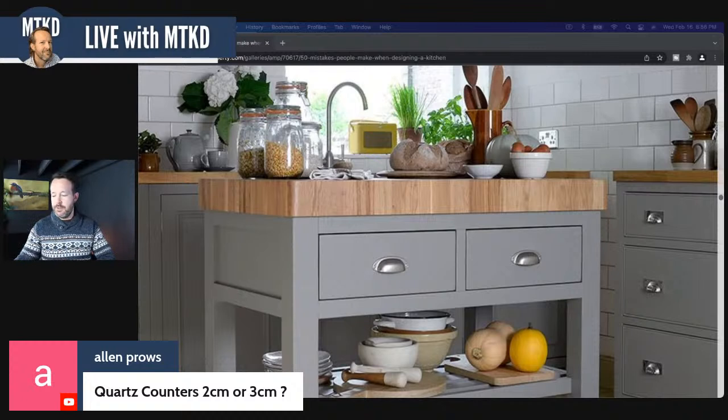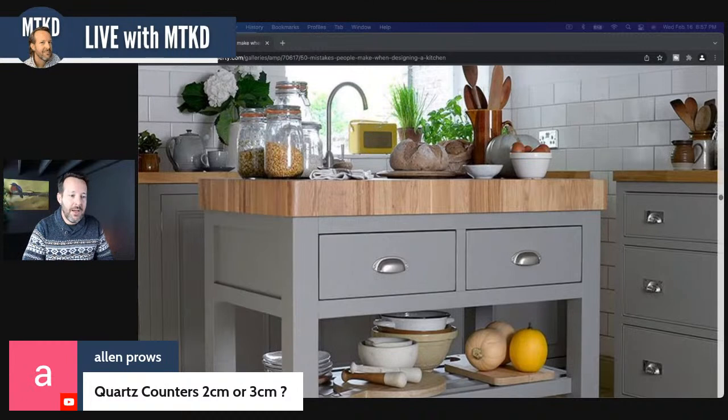What's that in inches? I should know this, and I think it's 2 centimeters. Let me just find out. Hold on there, Alan. We're going to answer this live. This is what we're doing here tonight. We're doing everything live. I haven't seen any of these tips before, and of course, your comments or your questions,